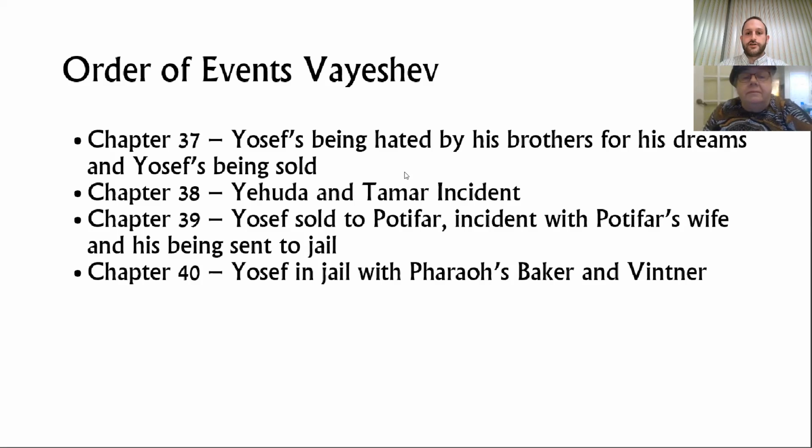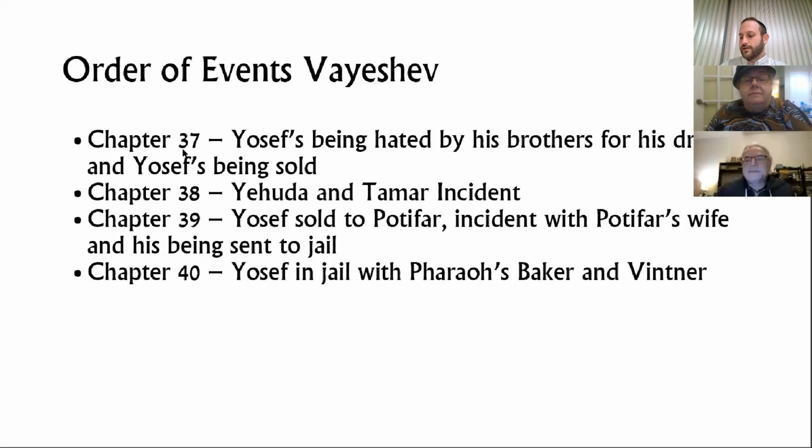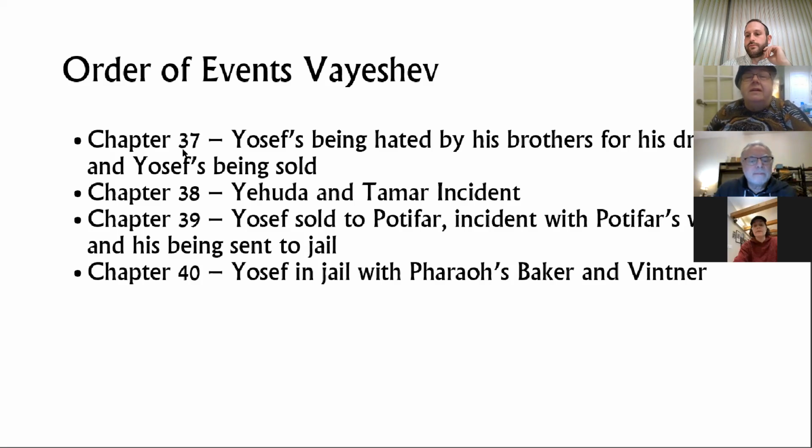So what are our 4 sections? So we have Yosef becoming hated by his brothers and his eventual sale. Okay. So that's the first section. Next we have Yehuda and Tamar incident. Then we have Yosef with,